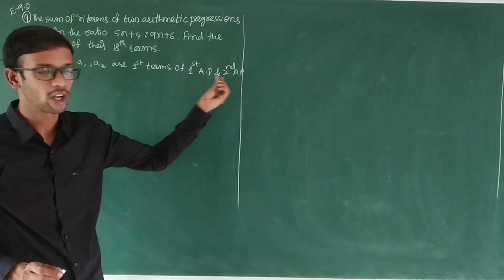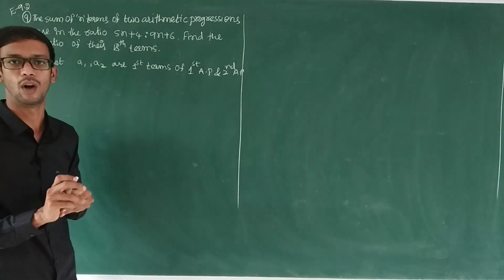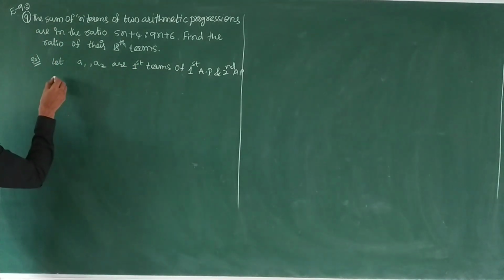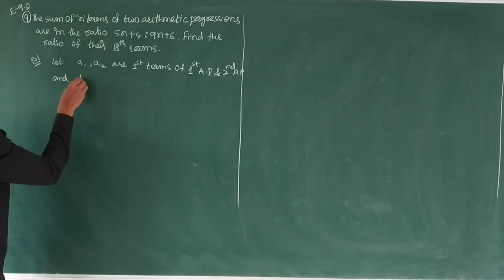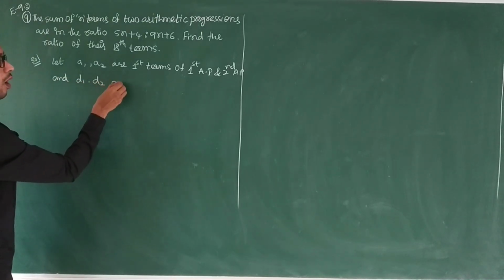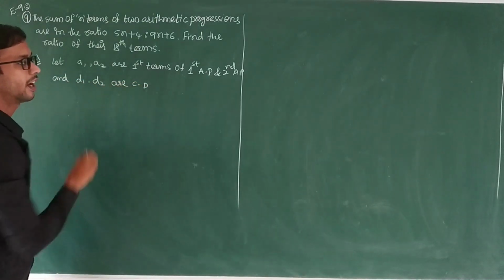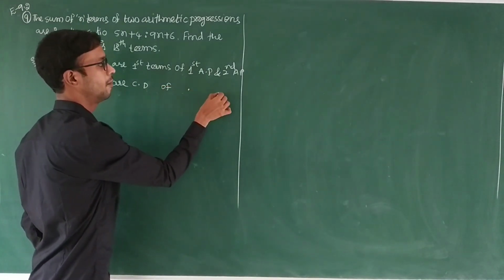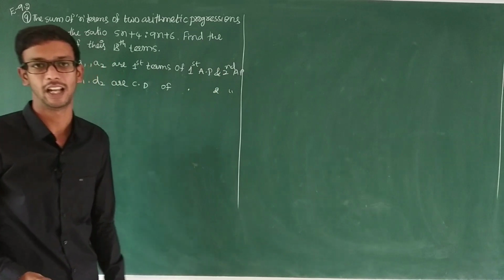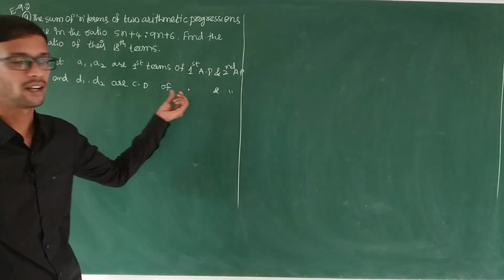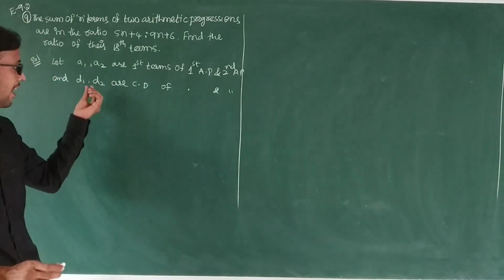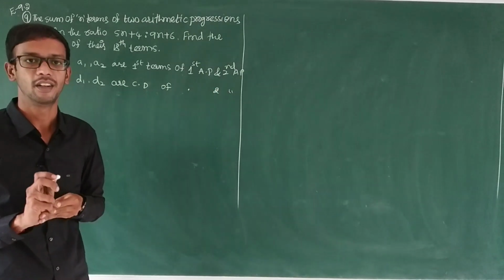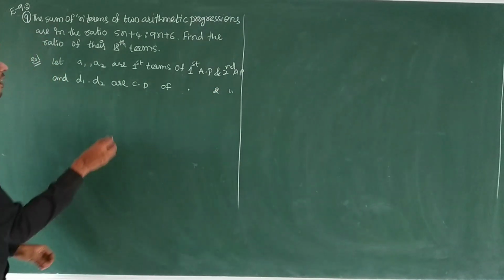The second arithmetic progression's first term is A2. And D1, D2 are the common differences of the first AP and second AP. The first AP's common difference is D1. The second AP's common difference is D2. So by the given condition,